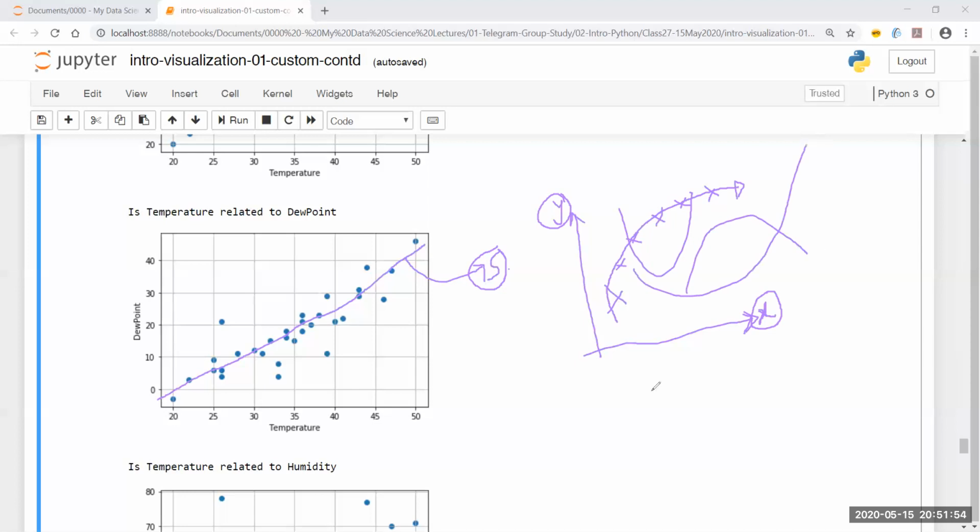Even in case, let's say there is a graph and you are looking at a relationship, and let's say the graph is something like this. Okay, so you can also say that this is a linear relationship irrespective of this fall over here, because with some change in X, the value of Y has changed over a period of time in a sequence, in a format, in a fashion which is constant.